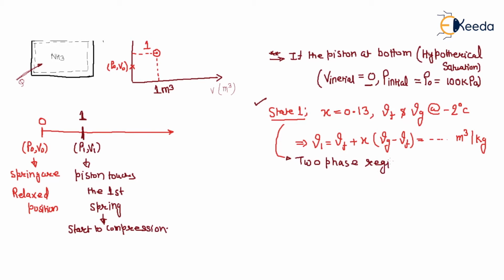Reason why? Because x is given. So what is the pressure? P1 is the saturation pressure. At what temperature? Minus 2 degrees centigrade. So you have saturated P1 pressure. So what is the one state? One state is P sat and V1. So you have P saturation here,